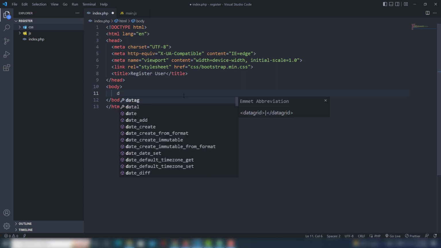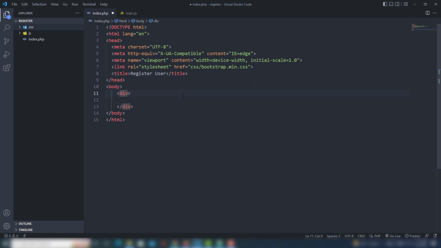So I will write its take time class container, and inside the container, class row, let's call LG6, and margin auto. I want to display everything inside the center. Then I'm going to create a card,